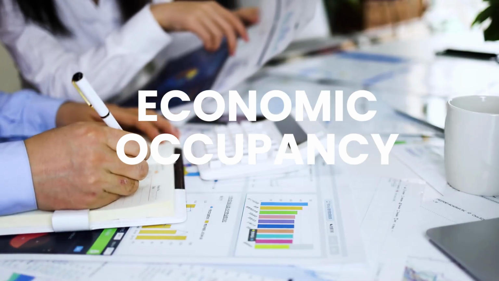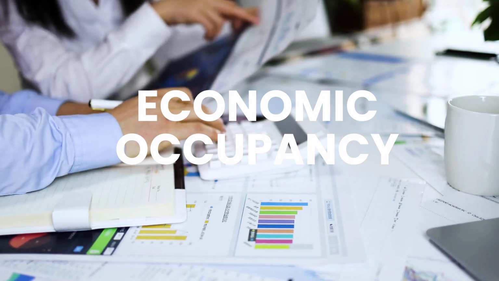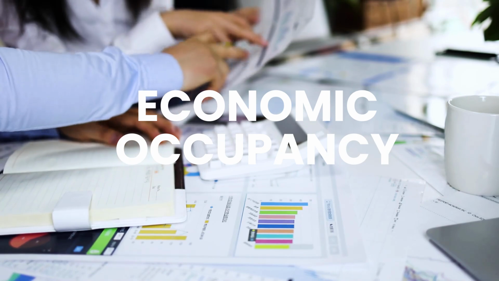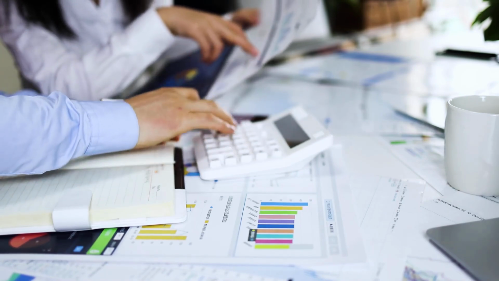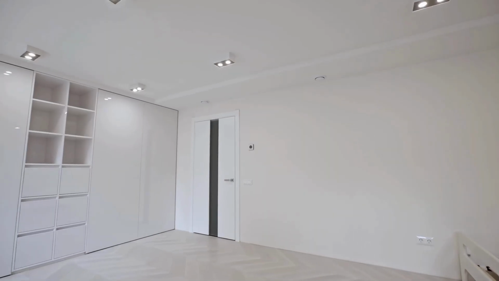Now, let's move to economic occupancy. This is where things get a bit more nuanced. Economic occupancy, on the other hand, measures the actual rent collected compared to the maximum potential rent the property could generate if every unit was occupied at market rate and all rents were paid on time with no concessions or bad debt. It's a more holistic financial metric because it accounts for several factors: vacancies, units that aren't leased, concessions,